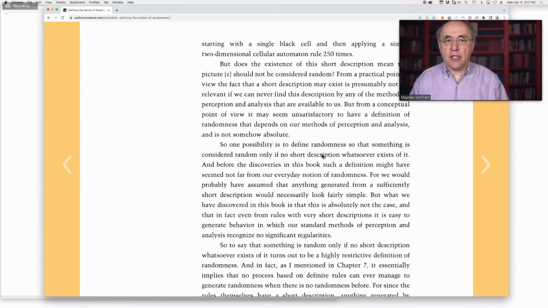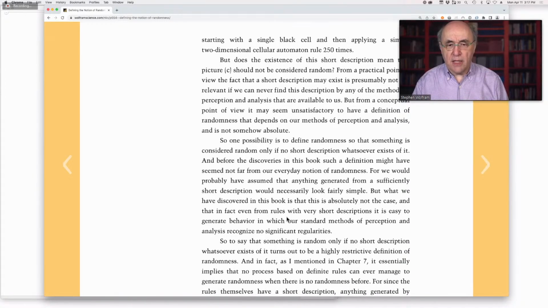And if we had such a definition, then everything we have in the NKS book, for example, things like Rule 30, they would fail that definition of randomness. Because even though the center column of Rule 30 may look to us in every intuitive sense random, it still isn't the case that there's no simple rule that produces it. After all, there's Rule 30 that can just be run to produce that pattern.